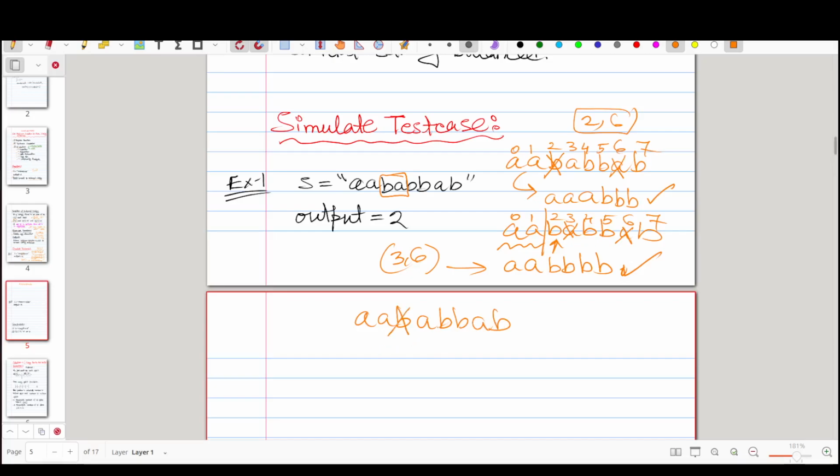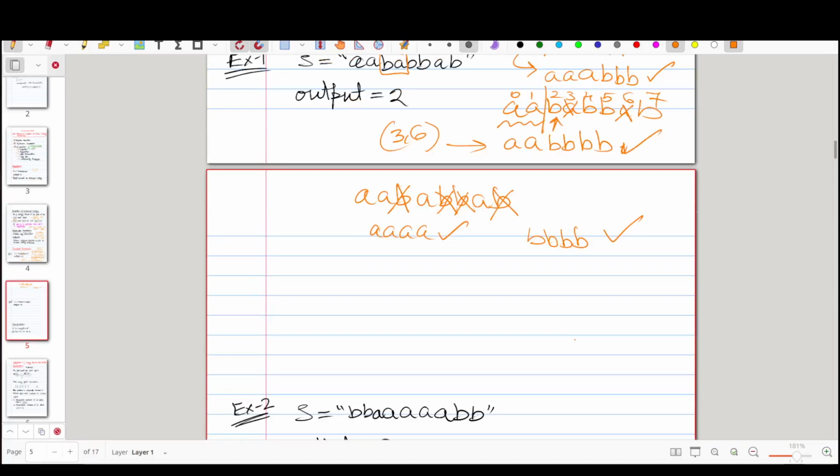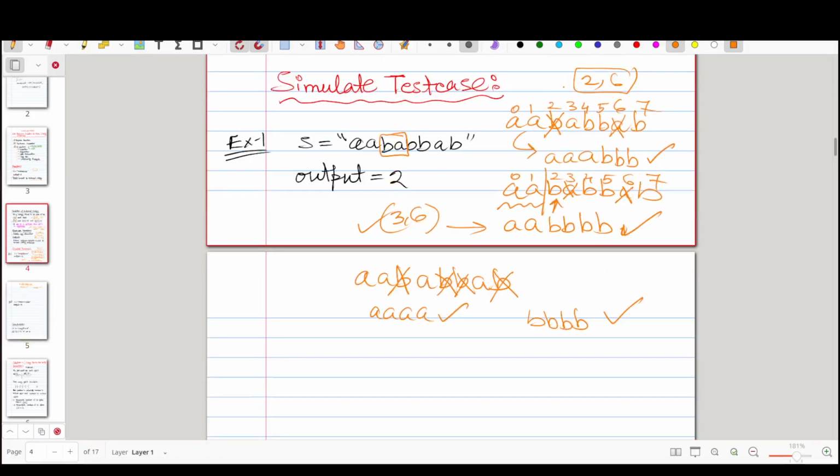Yes, it's possible. For that valid substring, you delete all B's, and you can also delete the A's, and it is also balanced. And if you delete all A's, that means all B's remain, and this is also balanced. But we need to do the minimum deletions so that we can do it optimally. So you can consider 3 6 also optimal and 2 6 also optimal. That means we need minimum deletions of 2, that we have to delete minimum 2 elements so that